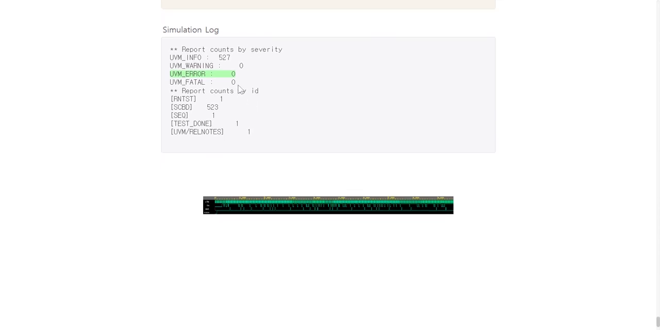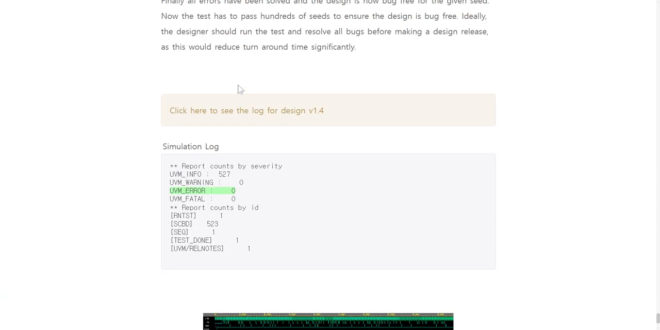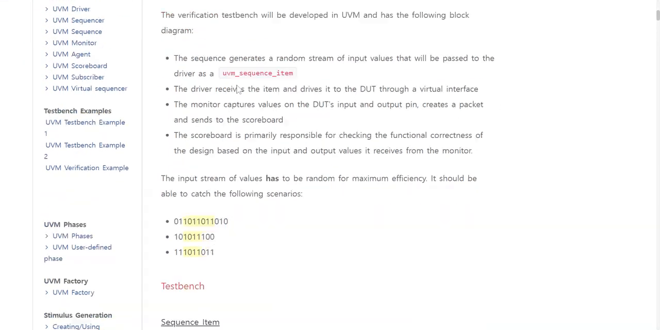So mention logs are like that. Thank you. So now, next is